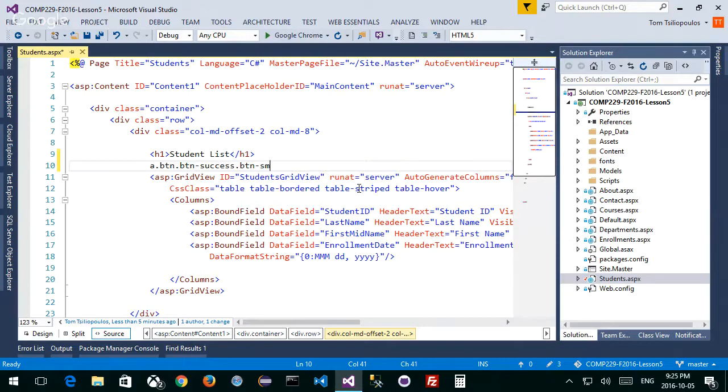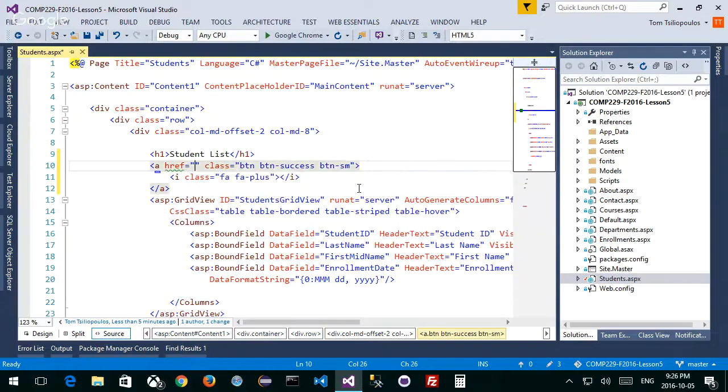Okay, good. And inside of that, I want an I tag. I tag would be your Font Awesome, right? I tag with a class of fa-plus, so a plus sign. All right, that's what it's going to be. Okay, good. So I've got a button. Now I don't have an href, but we're going to put that in, and I also need some kind of data that I've got to put in there. Let's tab and put it in there.